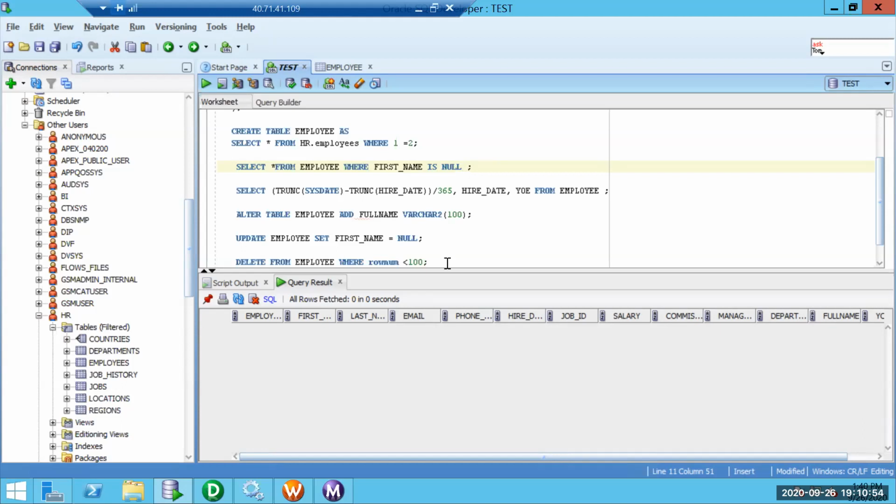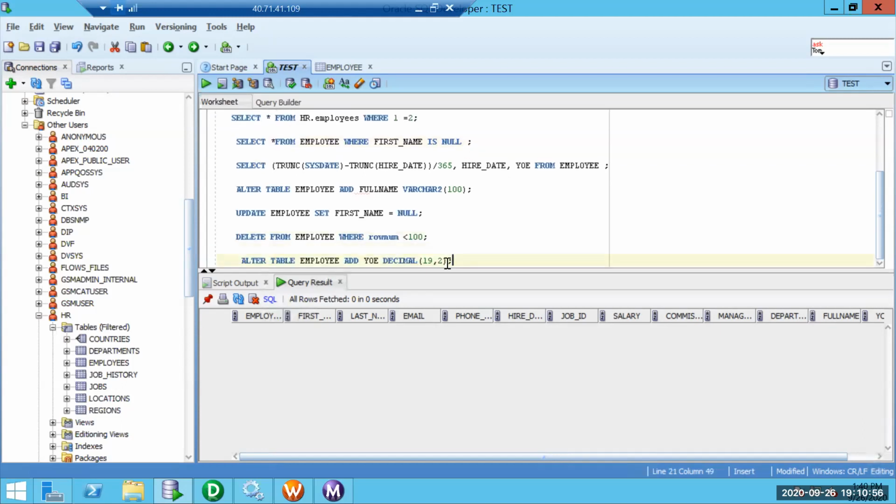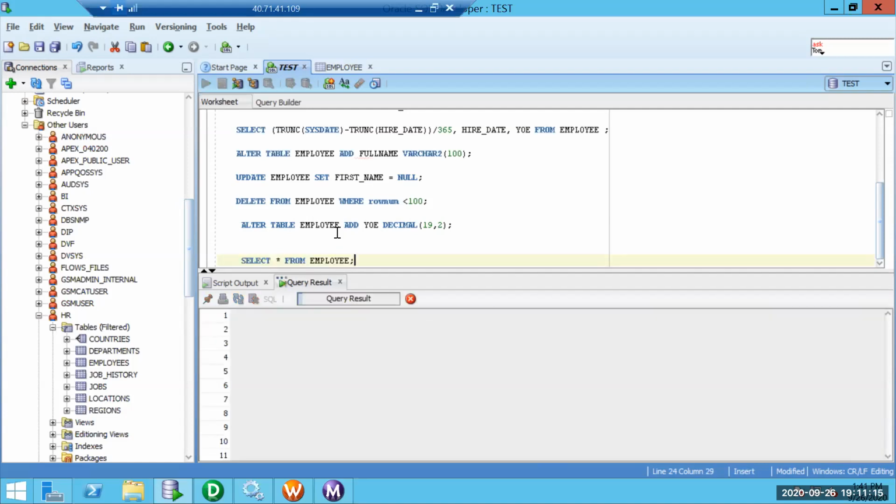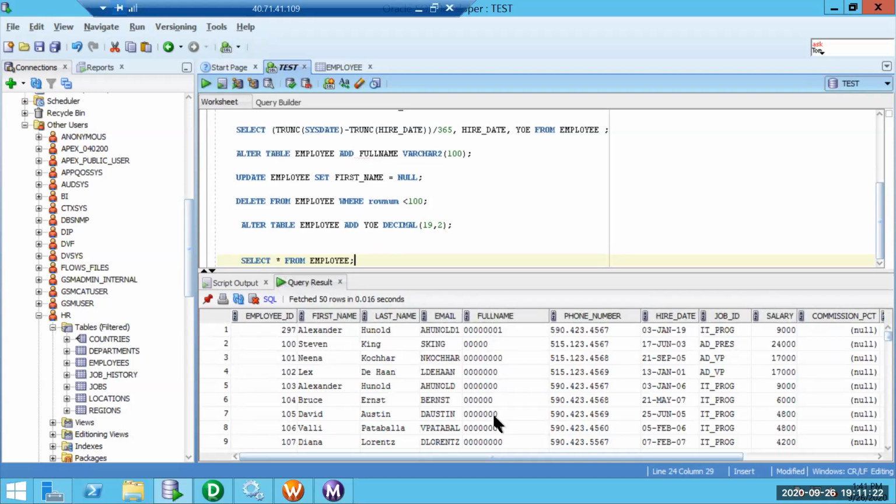In this scenario, consider that HR.employees is different from employee in terms of structure. Let me query the employee table in test. I have got some data.